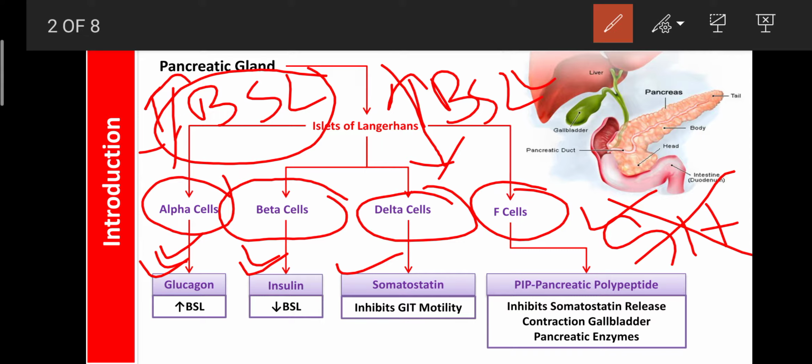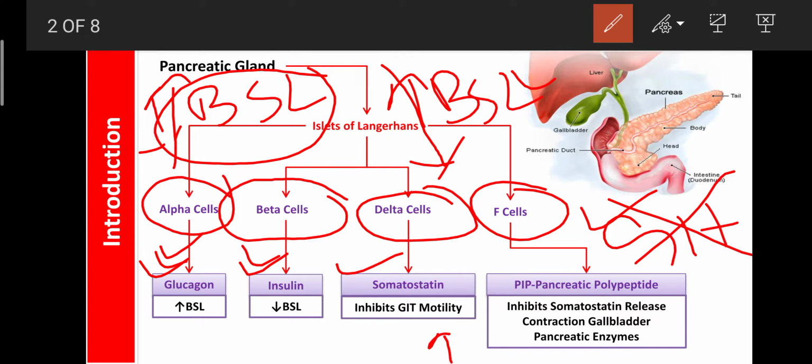In the GIT, there are two or three movements present: the pendular movements, segmentation movement, as well as the peristalsis movement. These three movements are helpful for the mixing of the food with the digestive enzyme. Due to mixing of food with the digestive enzyme, digestion occurs. Due to digestion, polysaccharides form smaller monosaccharides, larger proteins form amino acids, and triglycerides form free fatty acids. Then amino acids, free fatty acids, glucose, fructose and galactose enter the blood only due to the presence of GIT motility.